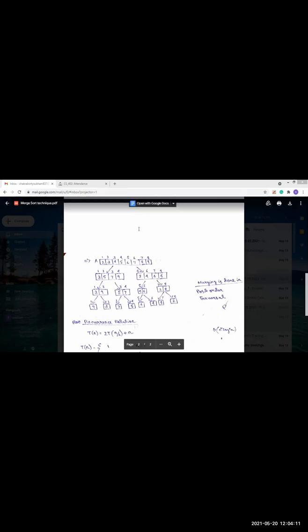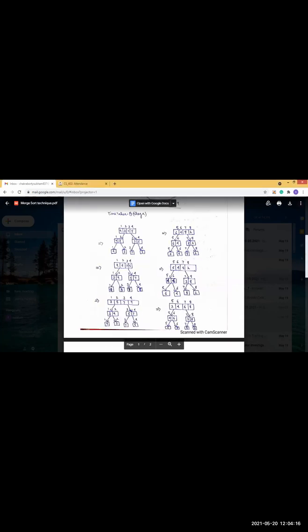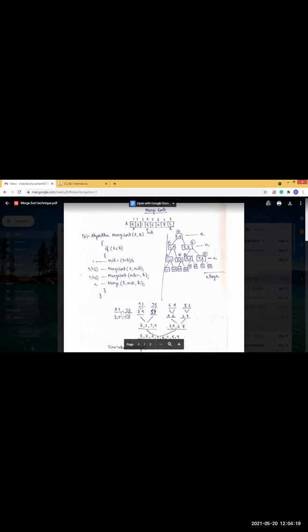Now from here, we'll find the recurrence relation of this function. Now we will find the recurrence relation from the algorithm. We assume that the total time taken by this algorithm is Tn. So we know how many times these statements will take. This is a simple statement, so it will take 1 unit of time.